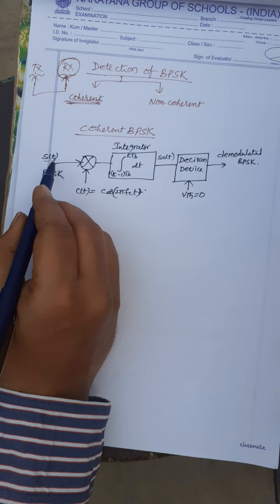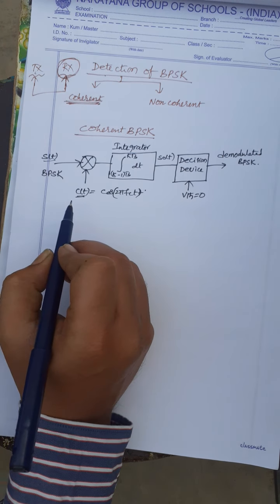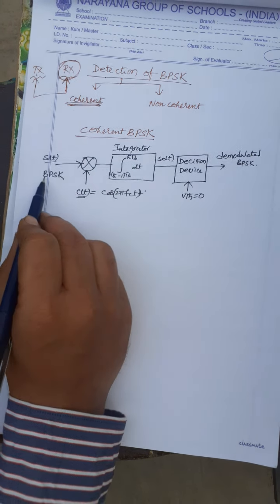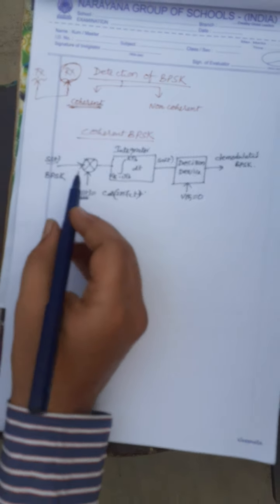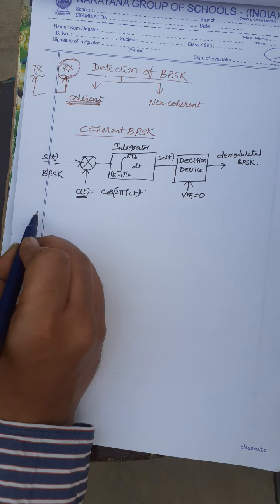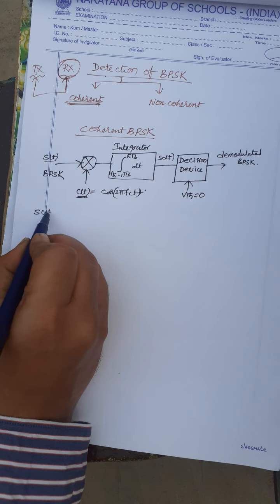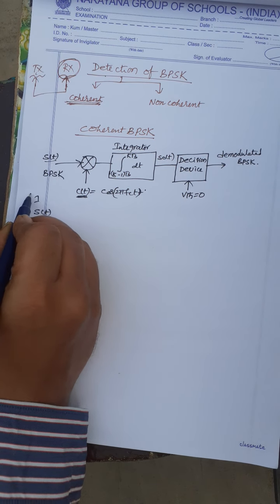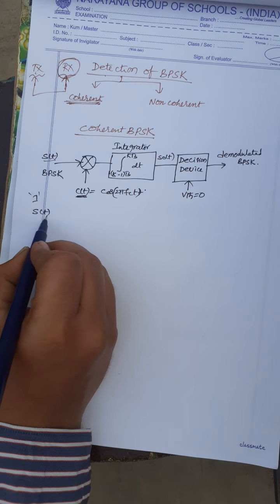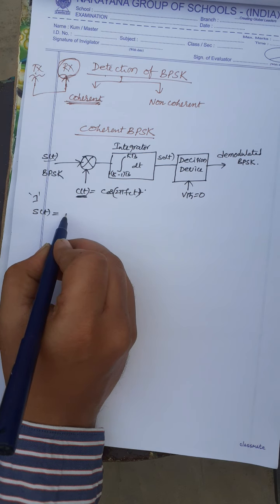So this S of t is multiplied with what? C of t. S of t is multiplied with C of t. Now the S of t equation, let us call it for bit 1. For bit 1, S of t is equal to